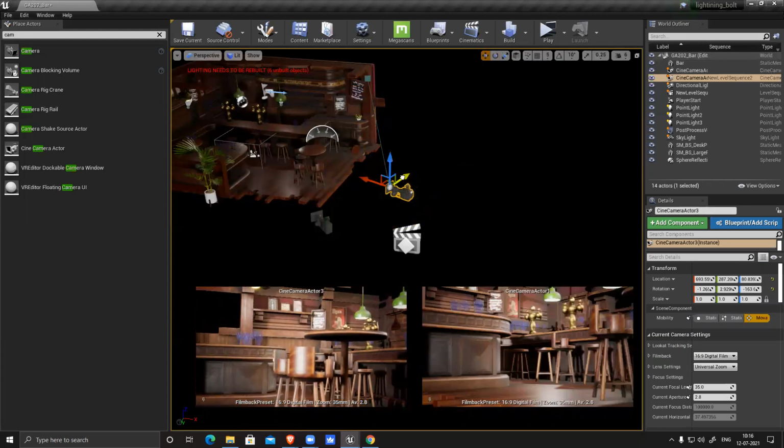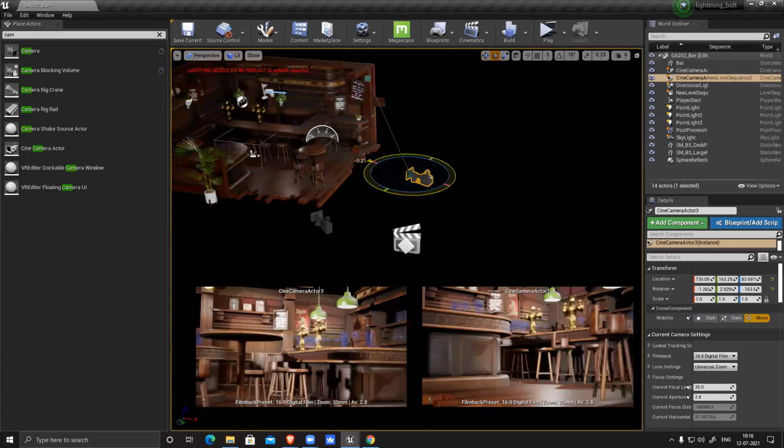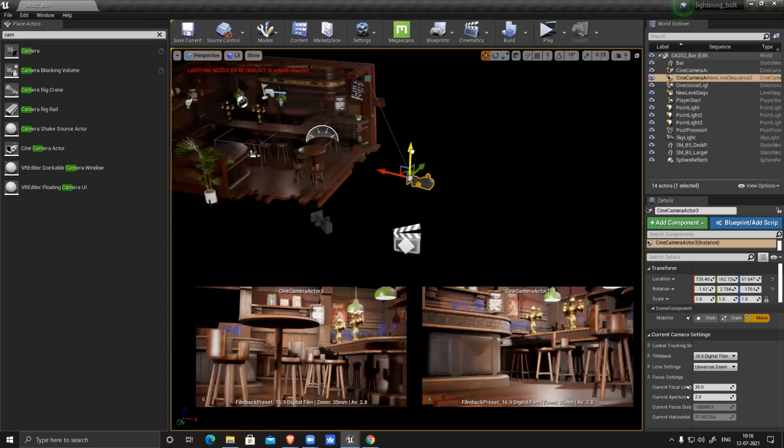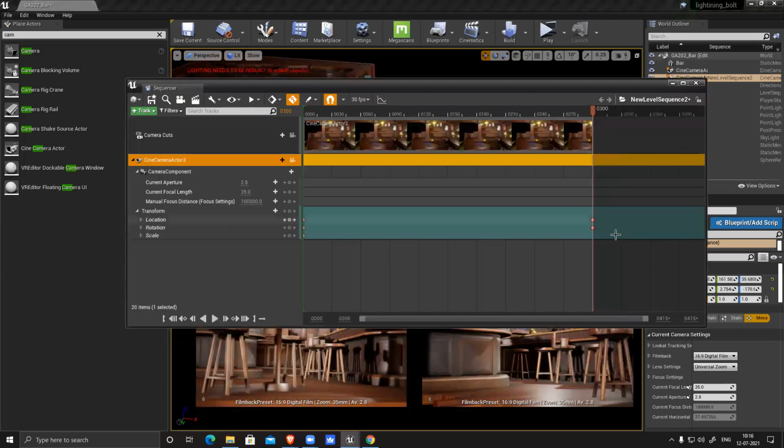I feel it should go slightly in this direction, and maybe slightly this side rotation. So you can see it creates these 2 dots, rotation and location, no scale, because I haven't changed the scale. I rotated the camera, I have changed the location of the camera.